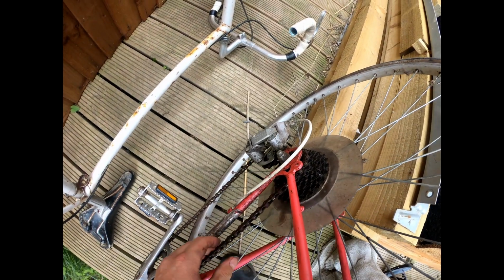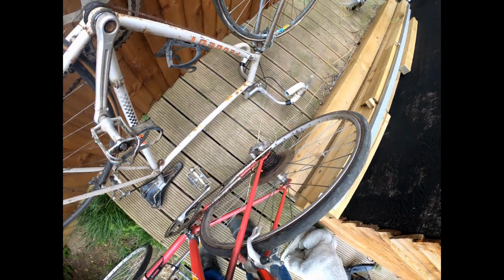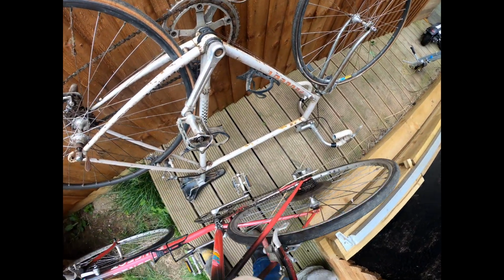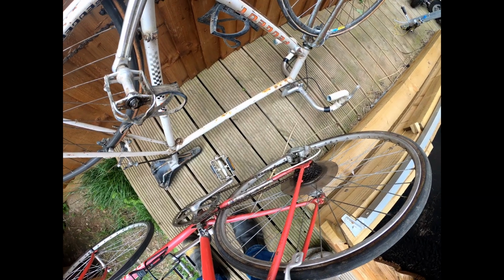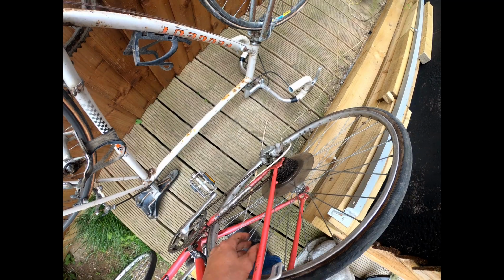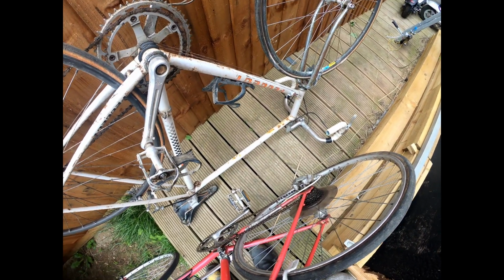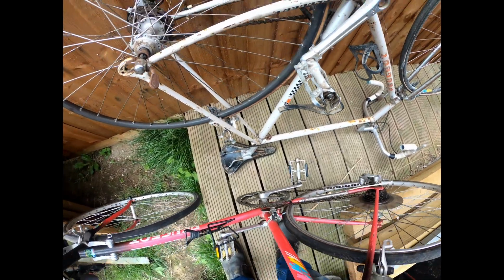And it's got Sachs rear derailleur. Yeah, it's a company that make clutches, but they're not really known in this day and age for bicycle parts. They make car parts. So Sachs rear derailleur. I believe actually the bicycle division of that turned into SRAM, so it sort of is known, but it's not known as Sachs, it's known as SRAM. So basically SRAM drivetrain,